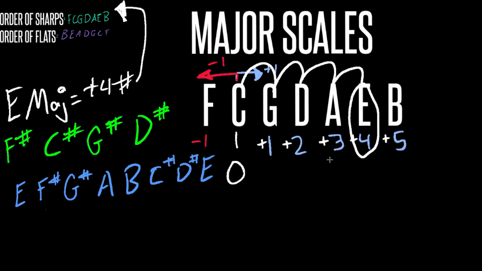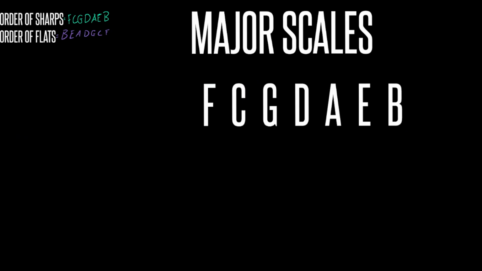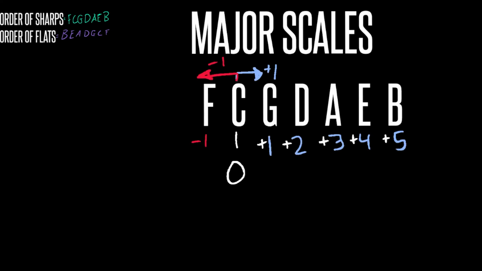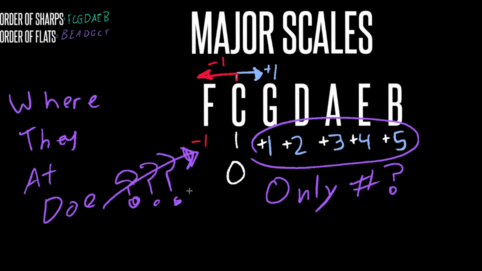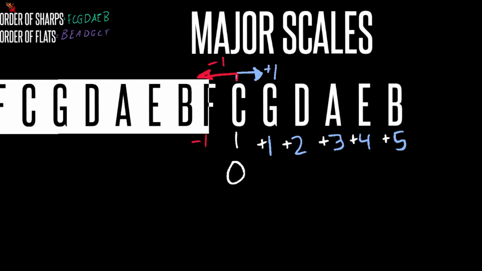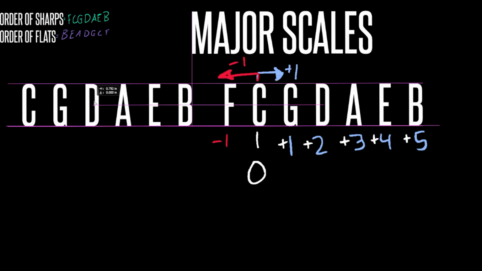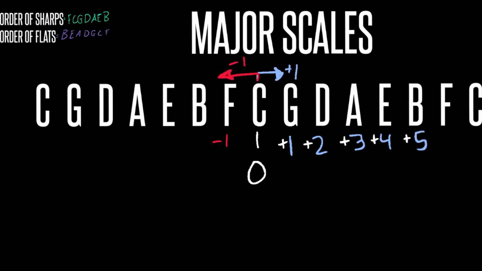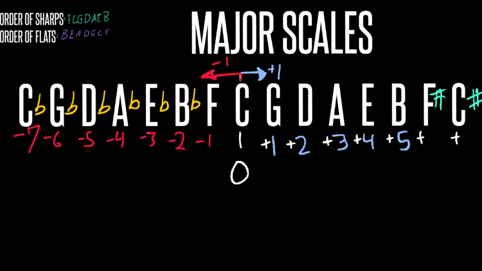F major is the only one of the whole letters that has an actual flat in it. Just remember, flat starts with the letter F, so associate F with flat. Now, how do we figure out the other ones, the ones that have flats in them? To do this, let's go ahead and write the order of sharps again, behind the first one that we already wrote. But hold on, make sure that you take the F at the beginning and place it at the end and add another C right next to it. I'll explain later. Lastly, add these notations. That is the flat mark, and then the F and C have a sharp at the end over there.